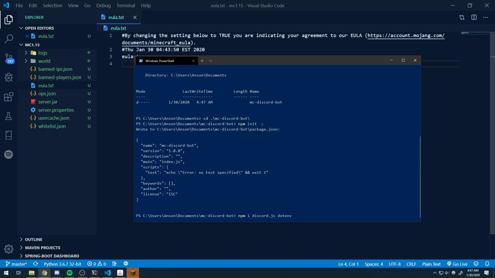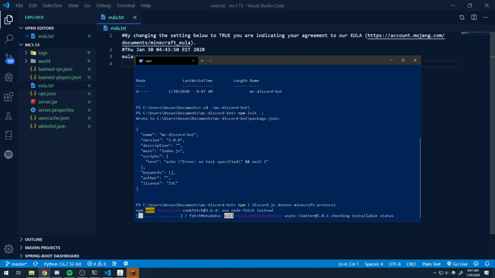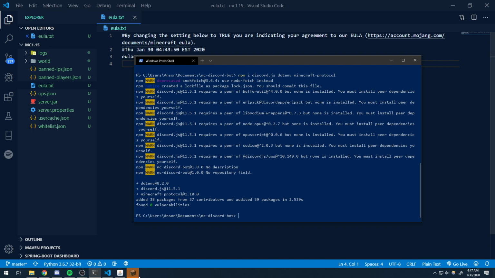Okay, so I want to make sure I'm installing the right one. So it's minecraft-protocol. All right, and that should install. So while that's waiting,